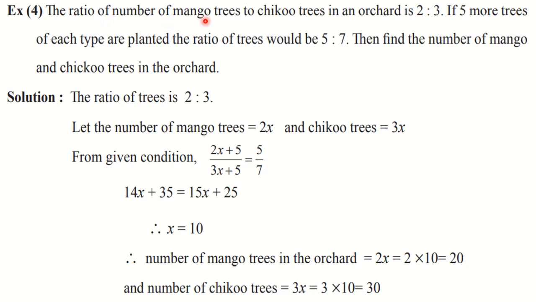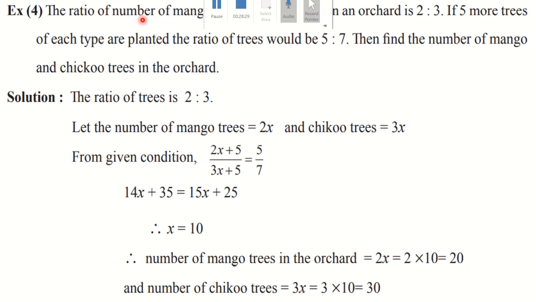Here we are provided with the ratio, and whenever we are provided with the ratio, always keep in mind that it has some common multiple. So always write down the first sentence as it is from the question, that the ratio of the trees is 2:3, and then you have to write down, let the common multiple be x, or you can take k also. So from that what we can say is, the number of mango trees is 2x and the number of chiku trees is 3x. Always keep this in mind. Don't write the number of mango trees is 2 and the number of chiku trees is 3. This is having some multiple. You have to write 2x and 3x.